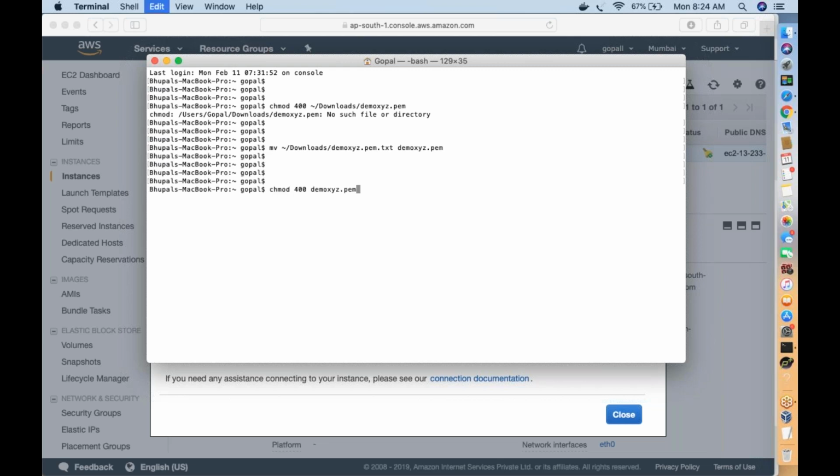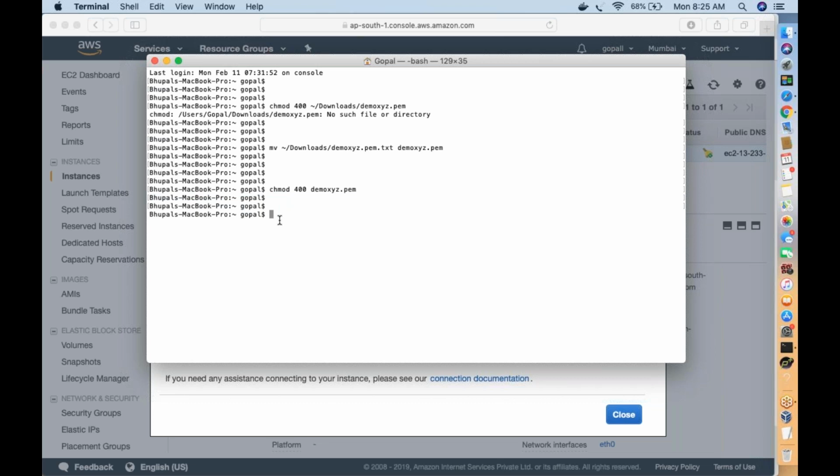Now I'm trying to protect the key with chmod 400. Remember, in Linux, if you execute a command and it immediately comes to the next line, that means your command has been executed successfully. Now I have protected my key.